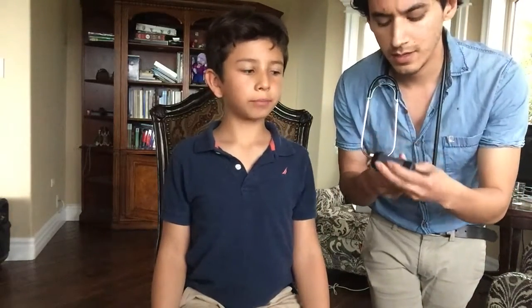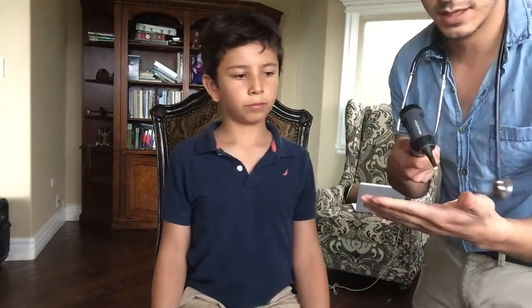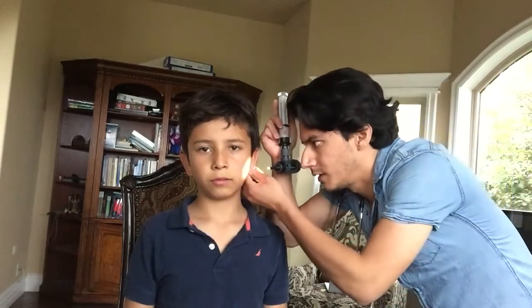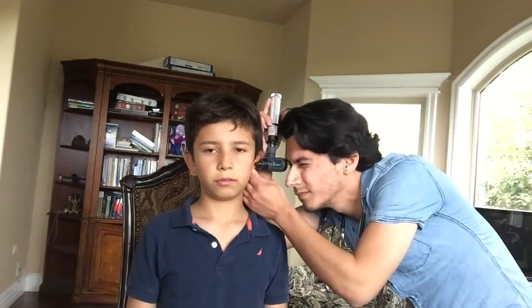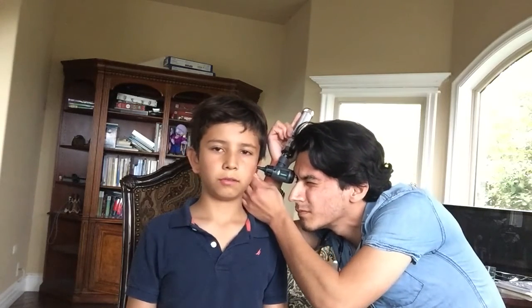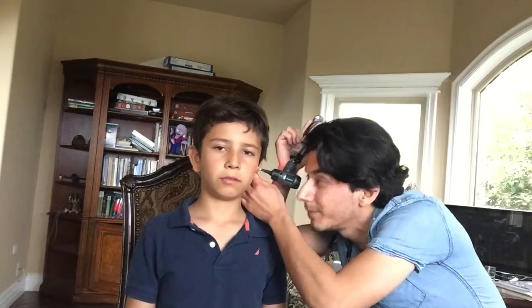We are going to inspect his tympanic membrane, his ear canals, with an otoscope, which is what I have here right now. And so I'm just going to go ahead and turn it on, check that the light is working. And since he is a kid, we are going to pull the pinna down and back instead of up and back. So I'm going to invert the otoscope to see if I can observe his tympanic membrane. So in his left ear, okay, his tympanic membrane is pearly gray and translucent, and in his left ear, the cone of light was seen